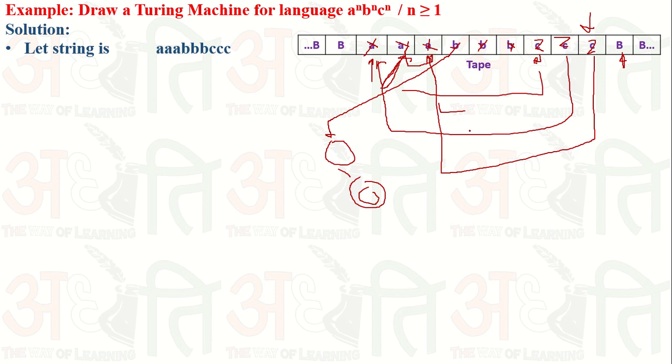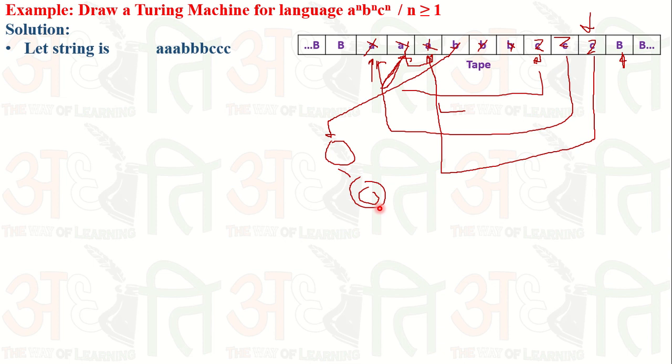What is the concept? You simply mark A, then skip all the A, mark B, skip all the B, then mark C, then skip all the C. After marking the C, we go back to the X and repeat the same process until we mark all the A, B and C. If there is an extra A or extra B or extra C, then we are not able to reach the final state. If we do not reach the final state after scanning the whole string, then we can say that the given string is not in the given language.